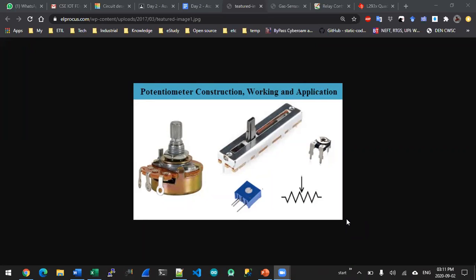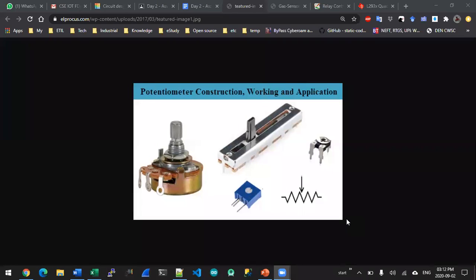Okay, so a potentiometer is a variable resistor. You can see it comes in a variety of sizes, shapes and features. In common there are three pins in the potentiometer. Two pins are used to connect the power supply, like 5 volt and ground, and the third pin is used to take the output. It just acts like a voltage divider, and we can read the divided voltage from there using the analog read statement.